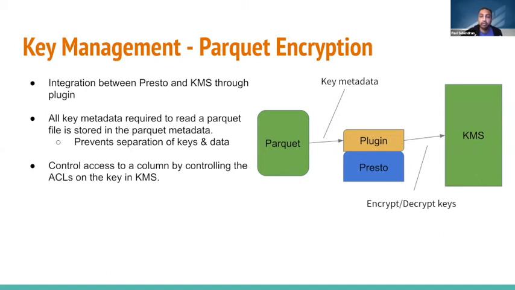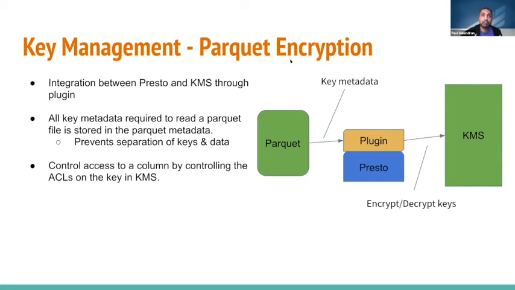of footer encryption modes. I want to highlight that all the key metadata required to read an encrypted Parquet file is stored alongside the encrypted data in the Parquet metadata. This is important because it ensures that the encrypted data is never separated from the keys, and we never end up in a situation where you have encrypted data and you don't know which key should be used to decrypt it. And lastly, the KMS is important because this is how we control who gets access to what data. We set the ACLs on the key, and users are able to read data based on whether they can